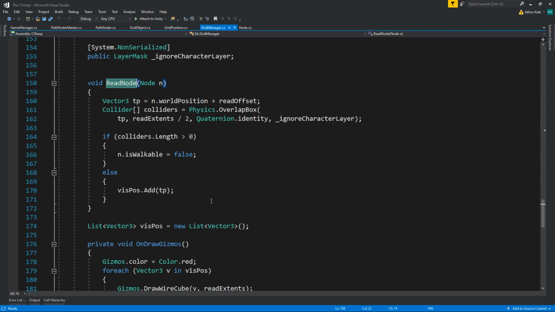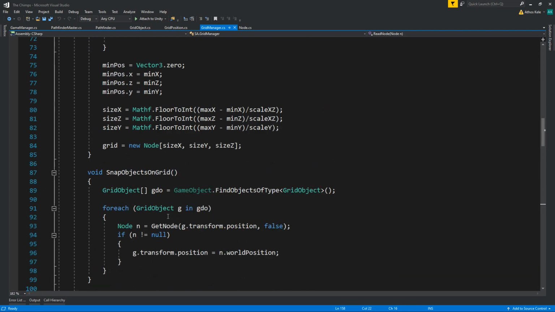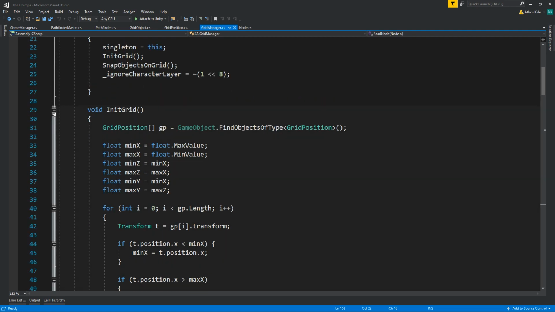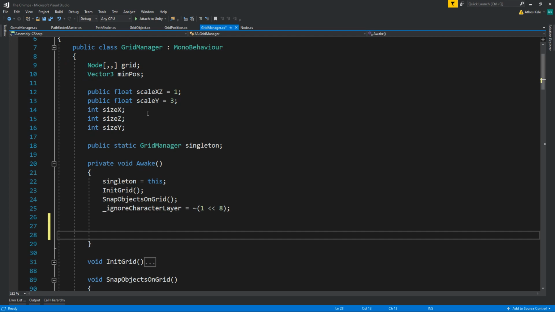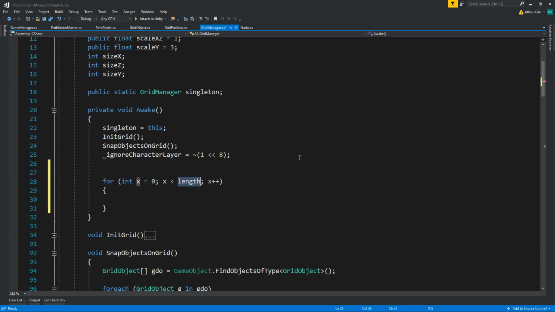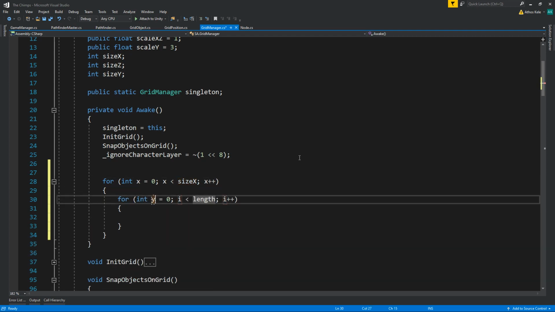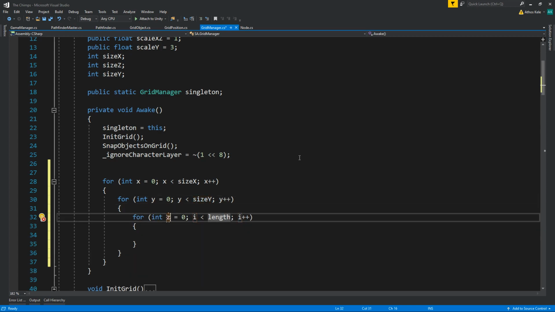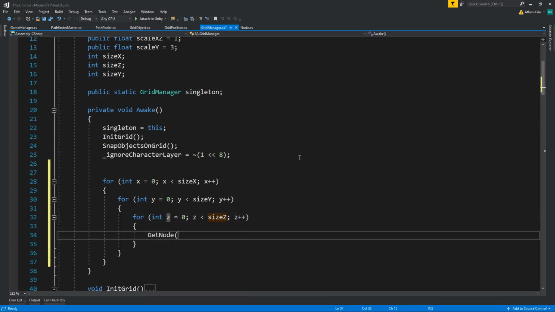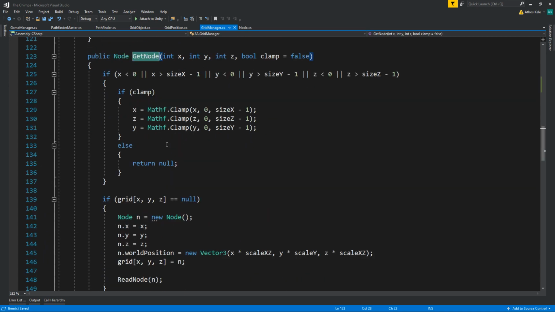Okay, so here's what my trick is going to be. I'm going to force a read node on everything that is on the second level. After we need the grid, I'm going to go over here and I'm going to say, let's see, we have our grid. So for X, size X, for Y, size Y, and actually let's do it on the entire grid. So Z, all I'm going to say, get node X, Y, Z. Okay, now this will go in here,